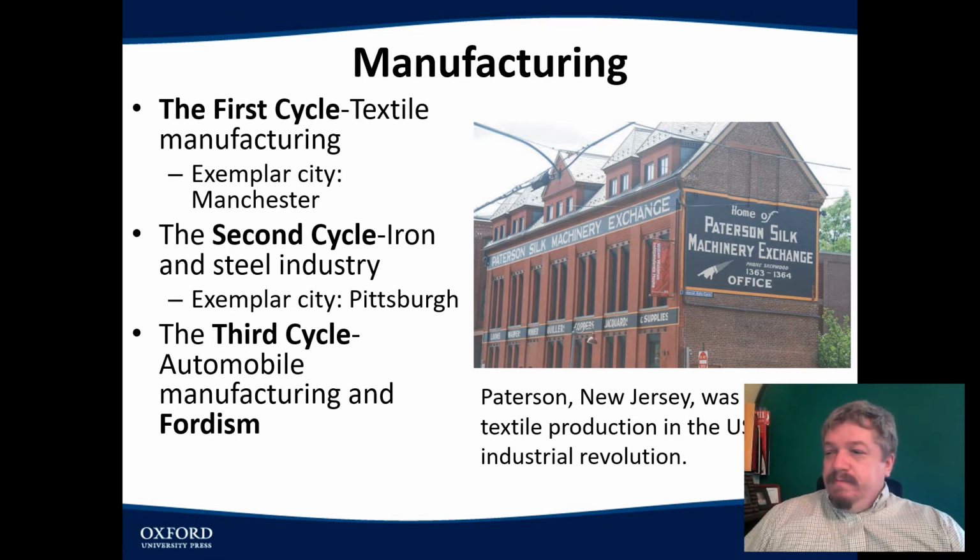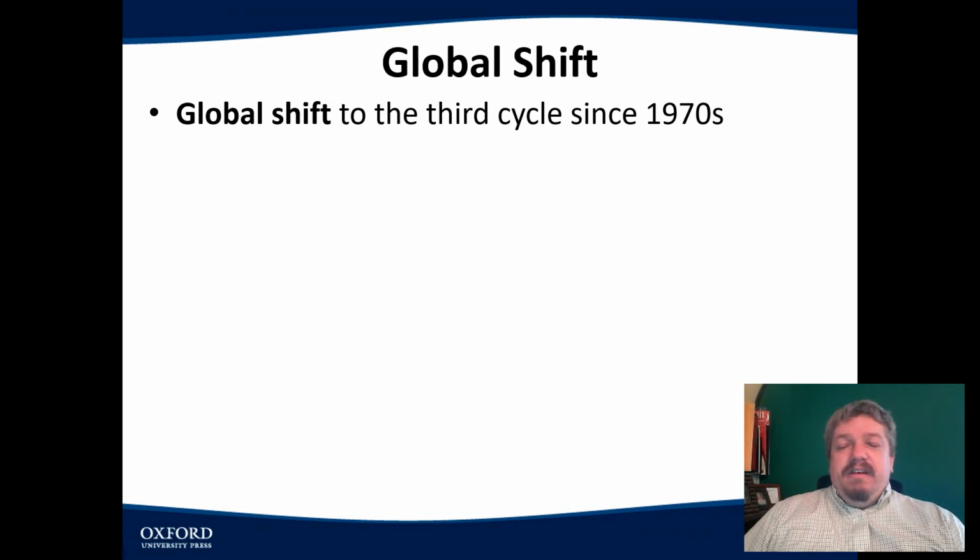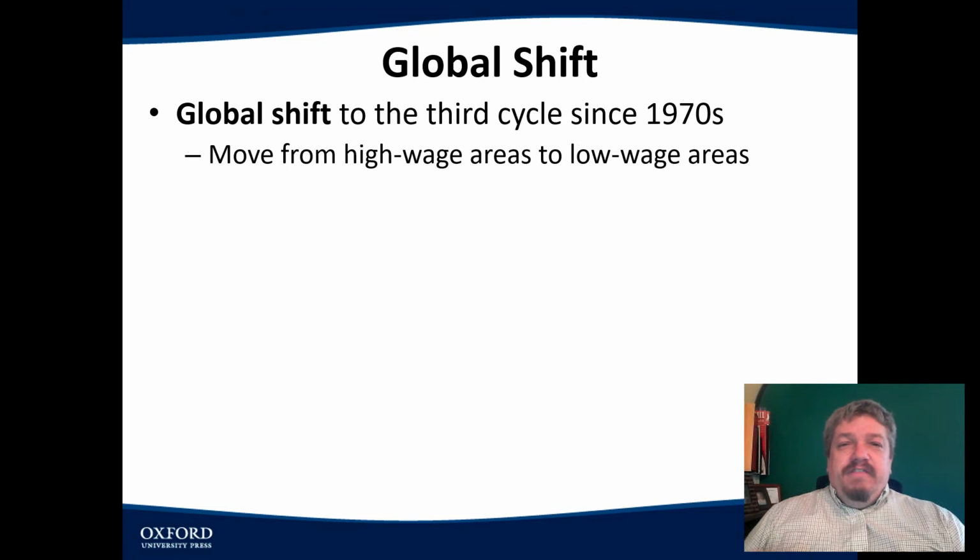Okay? Named after him. Detroit. Cars. Detroit City. We'll get to the fourth cycle in a little bit. But in the 1970s, and what leads to the fourth cycle is this lead away from industry. In the 1970s, we see industry shift from areas that were paying high wages like New York, Chicago, Detroit, and then move to countries where they could pay people less, like China, Korea, Japan, Thailand, because labor is a big